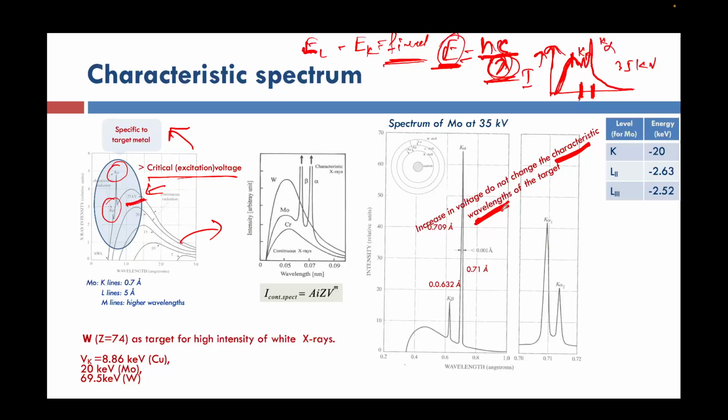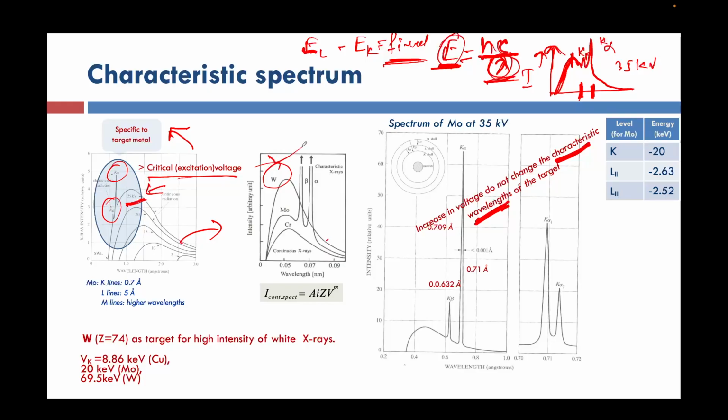But like I said, the critical excitation voltage is specific to a target material. For molybdenum, 20 kilovolt is sufficient. But what will happen if I take 25 kilovolt in the case of tungsten? Then we'll only get white radiation. Why white radiation? Because radiation will always come, whether it's an accelerating or a decelerating charged particle. But the energy which is being carried by the incident electron beam is not sufficient